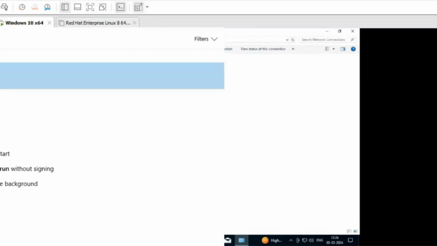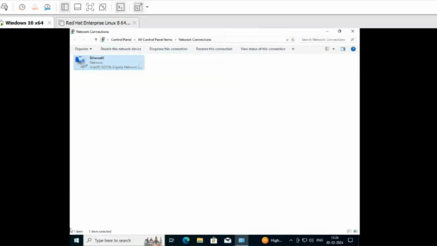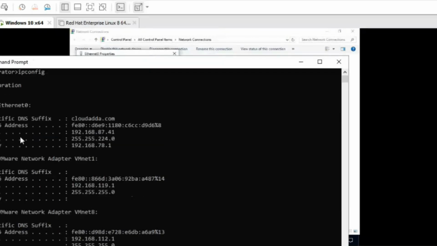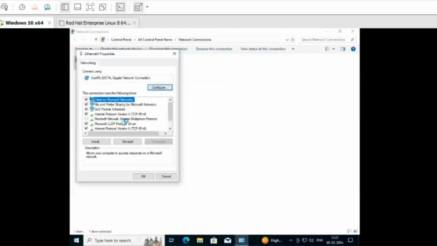So I will open directly the CMD of the server and run ipconfig. My server IP address is 192.168.87.41. I will assign this IP on this machine, Internet Protocol version 4, then properties,